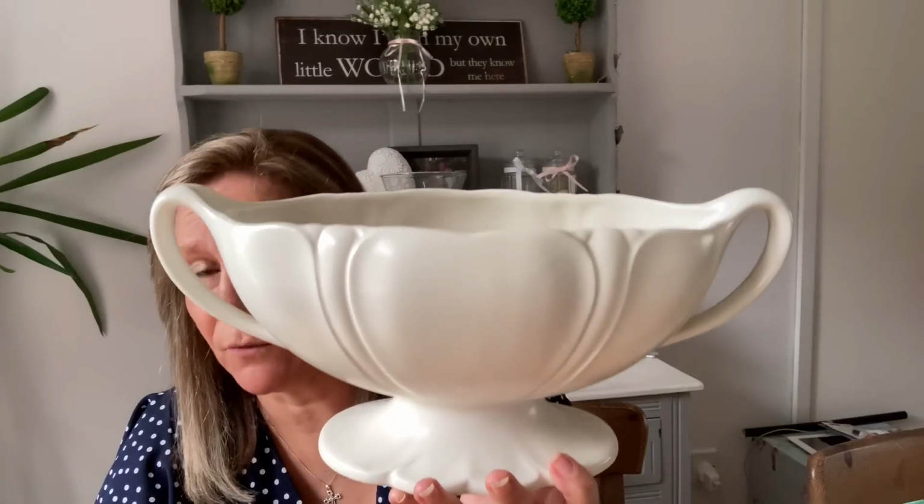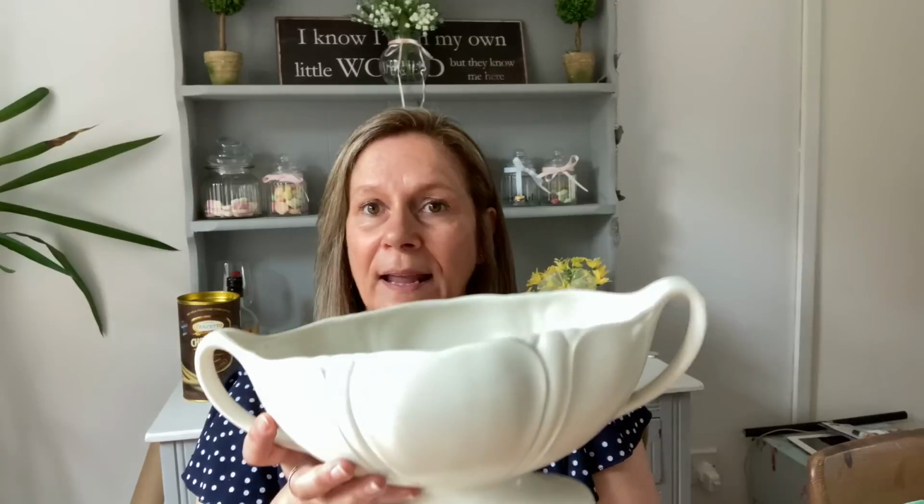So absolutely lovely. Of course, it means more to me than monetary value, because I actually love the vessel, and I want to use it, you know, and put something really nice and decorative in it with my floristry. So absolutely beautiful, and I am over the moon with that. So that was two really nice pieces, the Dartington crystal glass and the